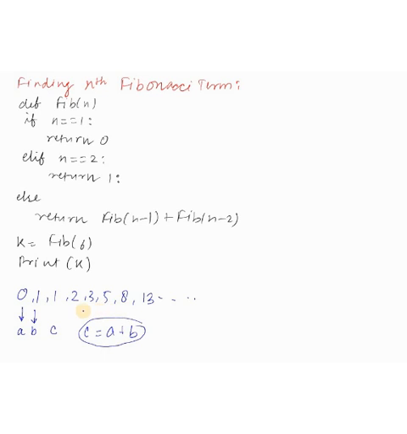So if I talk about this example and we have been asked what is the fifth term of the series, the answer will be first, second, third, fourth, fifth. So the fifth term will be 3. So that will be the answer. Now how can we make it using recursion? That I'm explaining in this video.